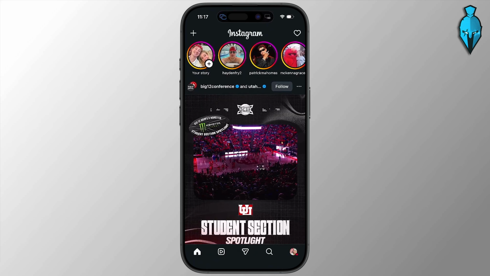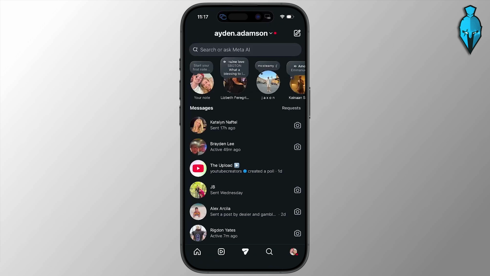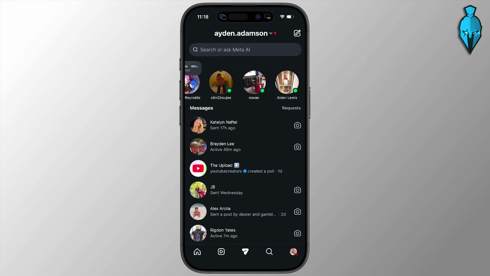Now, this is a brand new feature, and in order for this to work for you, what you're going to want to do is open up Instagram and tap the DM icon either up in the top right or down towards the very bottom, and you're going to be on a section that looks something like this. Inside your messages, scroll across where these little stories or notes are, and you're going to see a little map